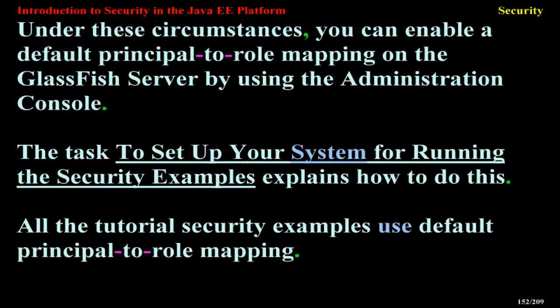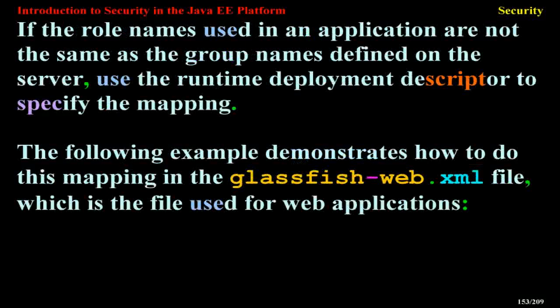The task to set up your system for running the security examples explains how to do this. All the tutorial security examples use default principal to role mapping. If the role names used in an application are not the same as the group names defined on the server, use the runtime deployment descriptor to specify the mapping. The following example demonstrates how to do this mapping in the glassfish-web.xml file, which is the file used